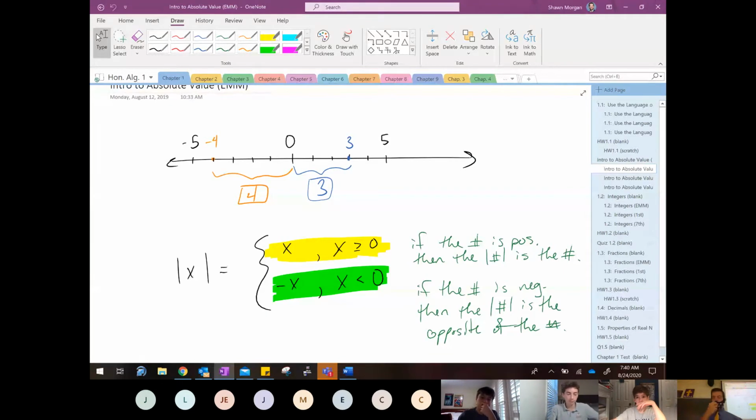Like if I asked Will Edwards in the back, Will, what's the absolute value of -4? What would you tell me? +4. And if I asked online, Joe, what's the absolute value of 3? Joe's going to tell me what? +3. +3, right? And the notion that I oftentimes will hear, like you guys saying,